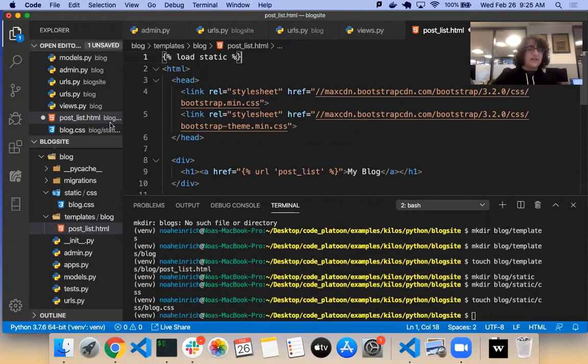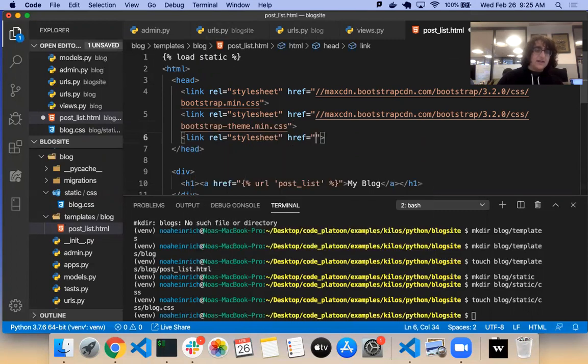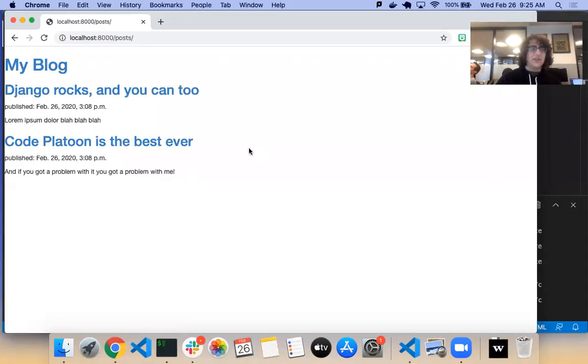So it gives access to the static folder. And then in the head, I can have a style sheet, and the href is going to be static css/blog.css. So if I go back to this, refresh the page, it's a lot nicer already.